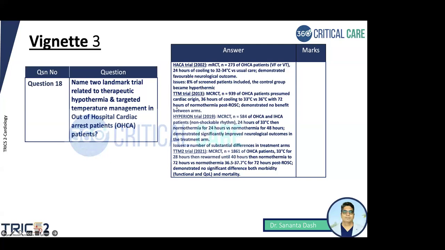I was expecting whether we should talk about ST elevation of at least 1 mm in 2 consecutive leads. In that context, you can tell these are the changes in the ECG which are suggestive of significant ischemic changes. But it's very hard to